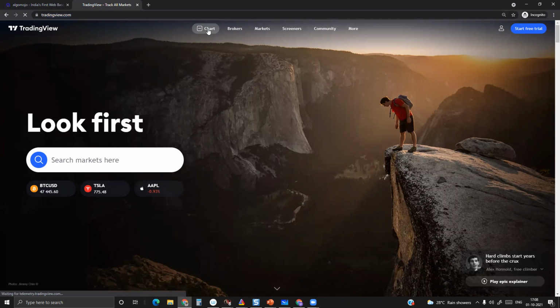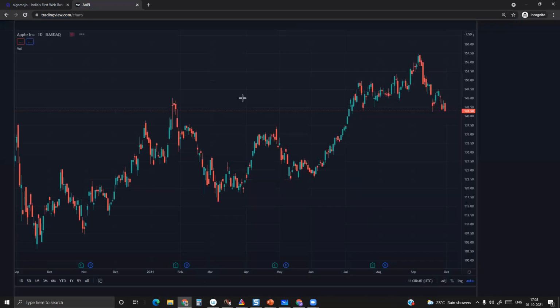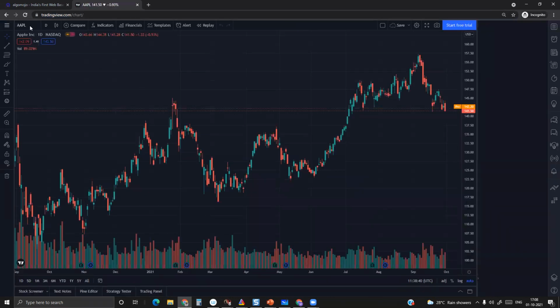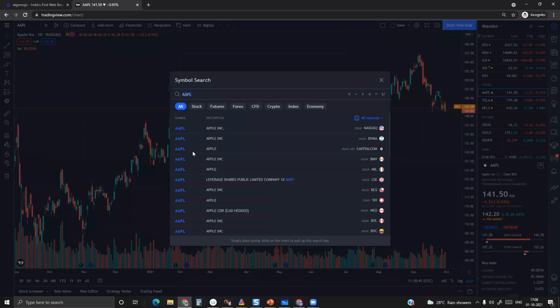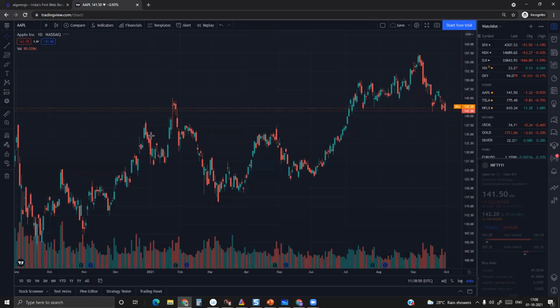If I go to the charting functionality, the best part is that you can get access to global markets. Let's say you want to access Nifty futures. It is always possible from here: Nifty futures, current month futures and next month futures. Not only Nifty futures, but also equity markets, NSE futures market, and you will also get access to the commodity markets as well.